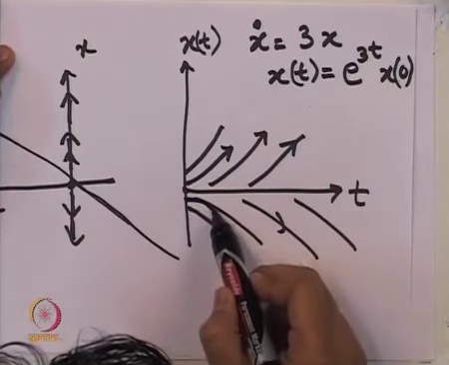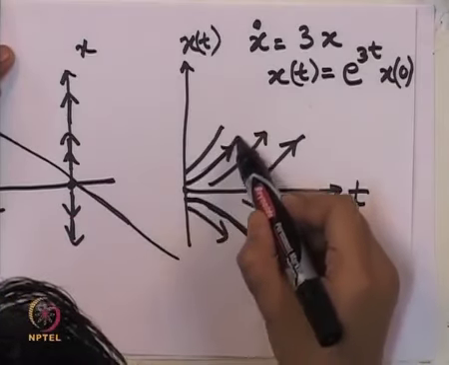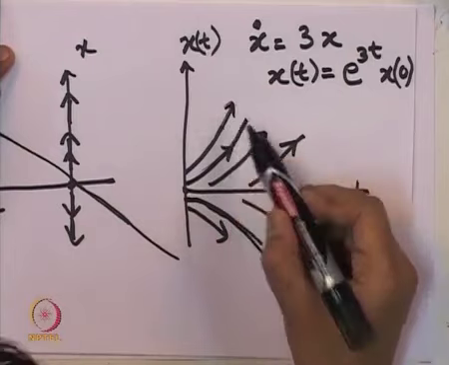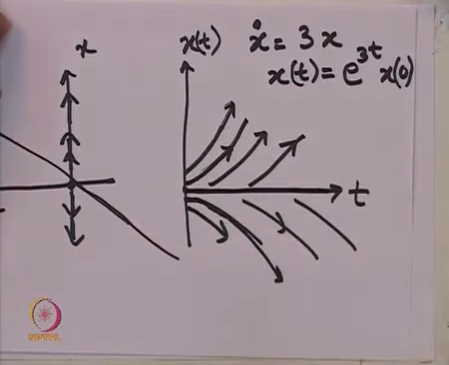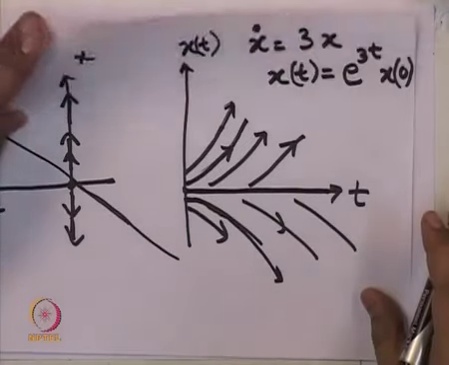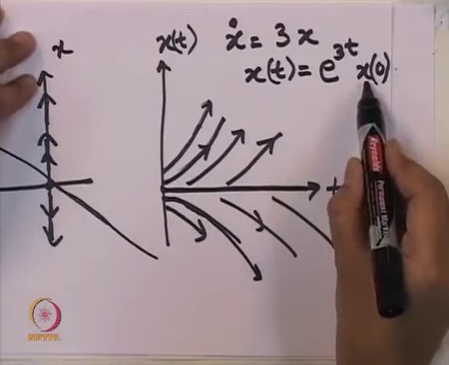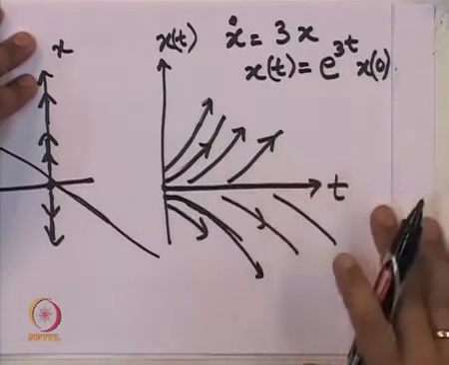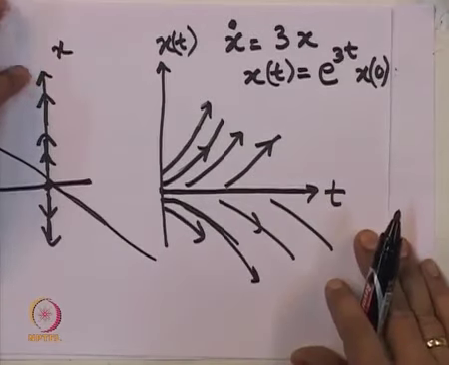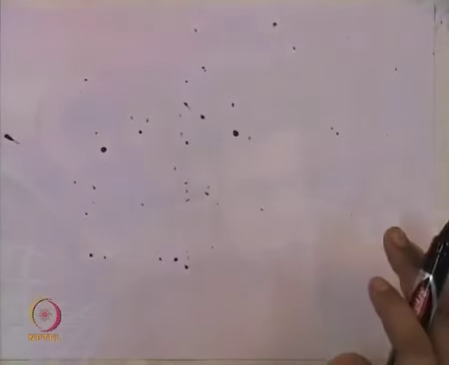For a negative initial condition, the trajectories are going away, and for a positive initial condition, the trajectories are going to become positive and unbounded. In any case, it is going away from this equilibrium solution. Which equilibrium solution? The initial condition corresponding to 0, in which situation we see that e to the power 3t times 0 will always be equal to 0, no matter what time instant t we are interested in. So, we will quickly take an example where the slope is negative.